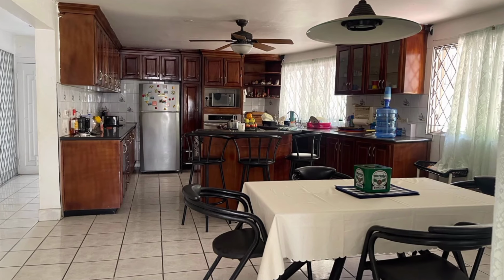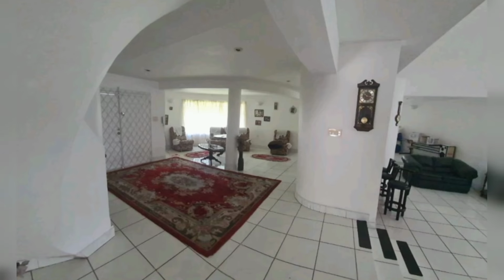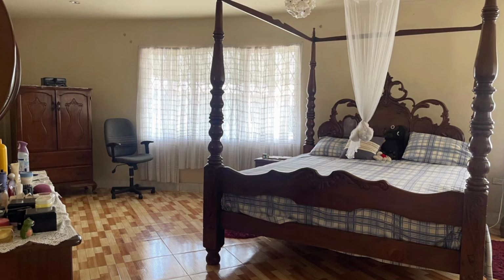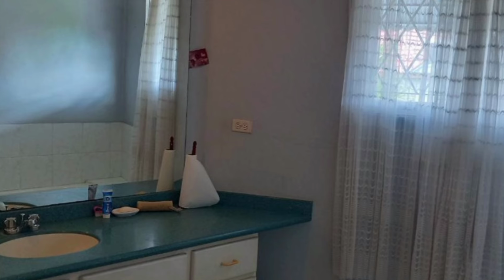The ground floor consists of kitchen, sunken living room, sitting areas, dining area, study, powder room, laundry room, storeroom, secured veranda, and the secured back patio. The upper floor consists of the primary bedroom with walk-in closet and ensuite bathroom, two other bedrooms, two other bathrooms,